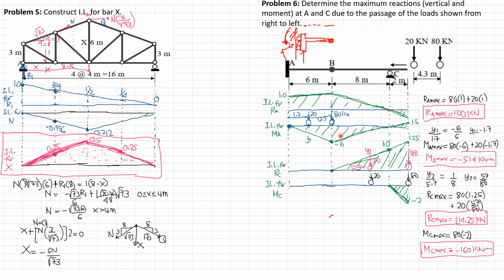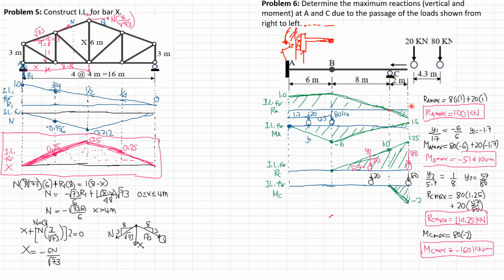Then, this is negative 6 because that's the moment at A. Because when the unit load is at B, reaction at C, just to the left of B, for example, the reaction at C would be 0 when the unit load is here. Then if you draw the free body diagram of portion AB, summation moment A equals 0. So MA plus 1 times 6 equals 0. That's why MA is negative 6 when the unit load is just to the left of B.